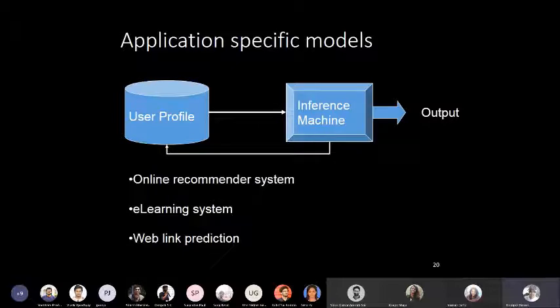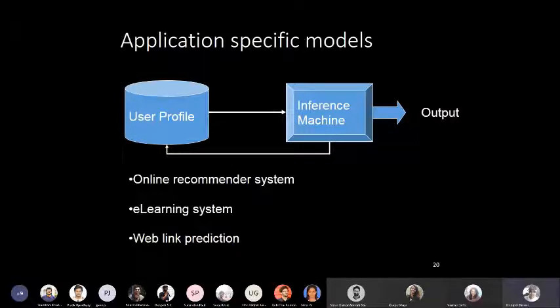And most of these models have a common structure: it has a user profile which stores some sort of information either about the user or about the user interface, and there are plenty of arguments on what constitutes a user profile, considering that in Europe there are many laws which prohibit sharing even gender or age related information of users among different service providers. So there are different approaches to storing the user profile, but some machine readable information about either the user or the interface or the man-machine interaction is stored as the user profile.